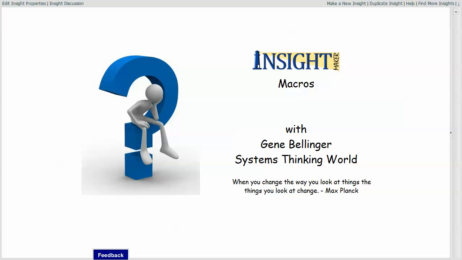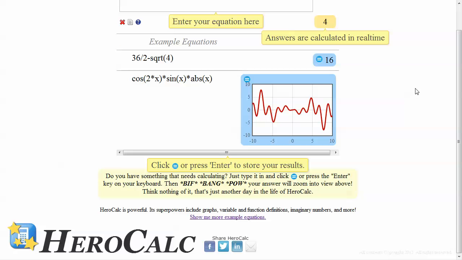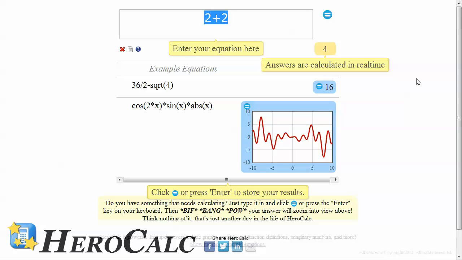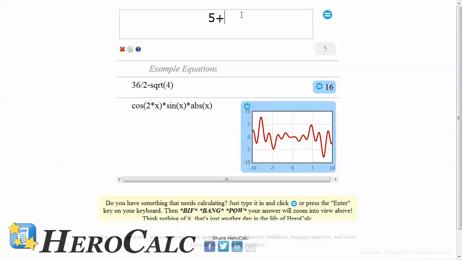And as part of doing this, the developers put together a calculator to be able to test functions as they were porting the JavaScript engine, so that there's a URL called herocalc.com which provides access to HeroCalc, which is just a straightforward editor, a calculator that allows you to do computations on the screen